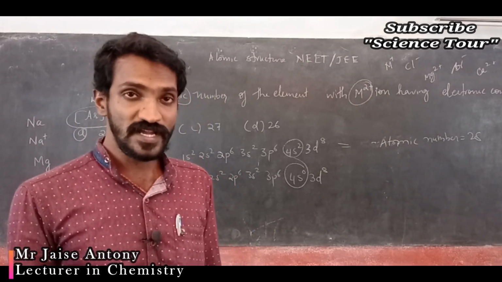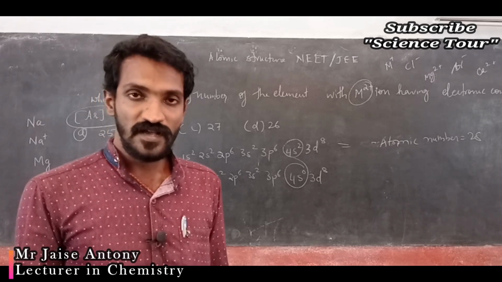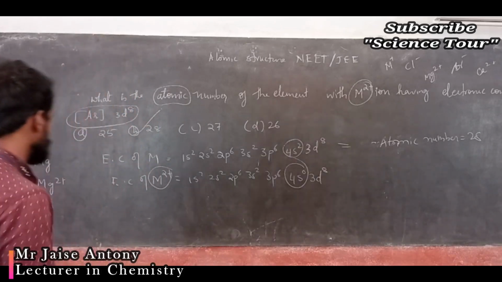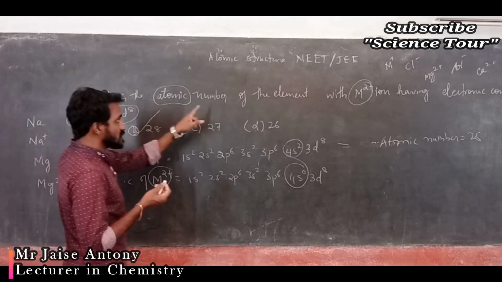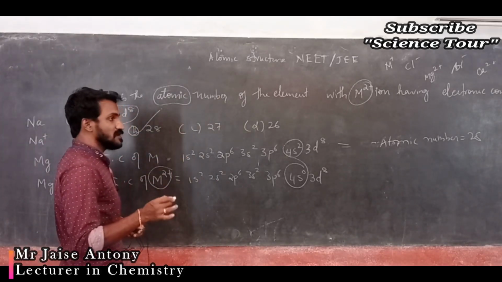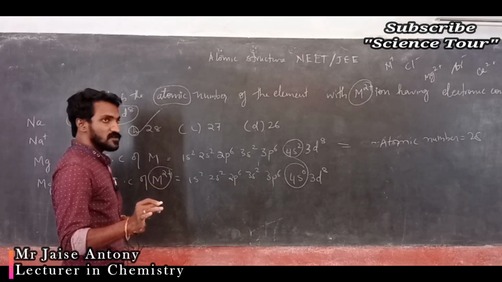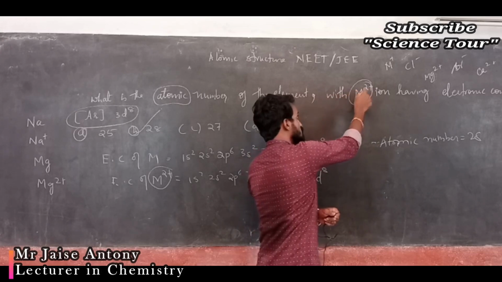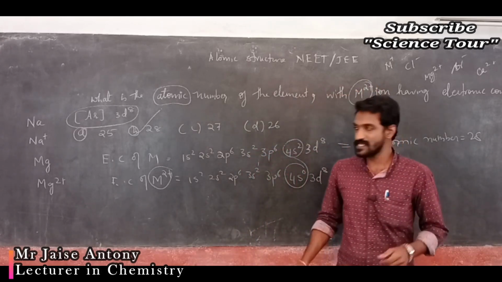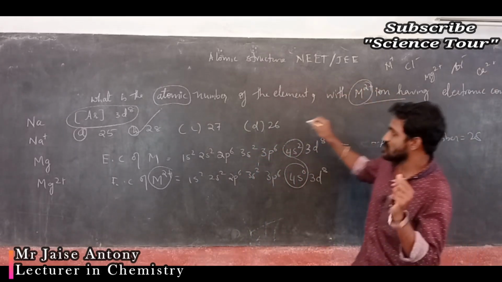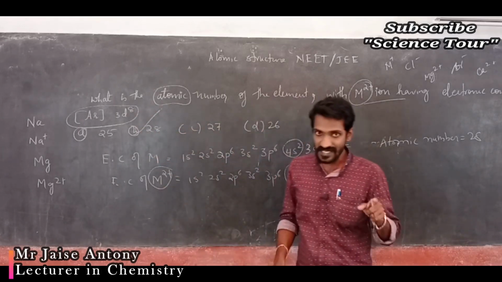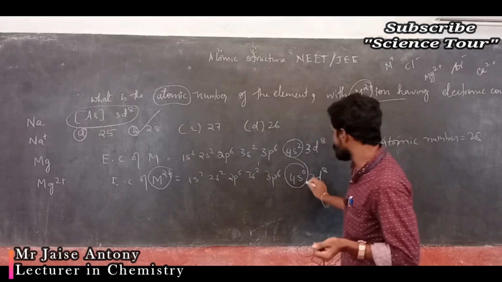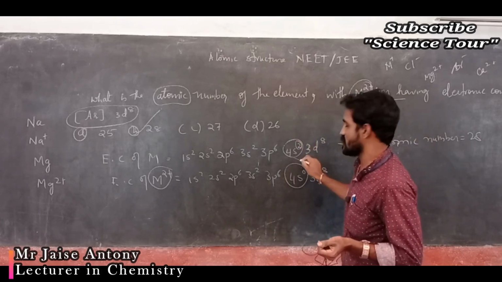You have to read the question at least 2 times. After reading, you will come to know what they actually asked. They asked to find the atomic number. Atomic number means the element in atomic state, normal state. See, they have given the M2+ ionic state, and the ionic state electronic configuration is this one. That means 2 electrons are removed. From where can they remove 2 electrons? From 4s they can remove 2 electrons.